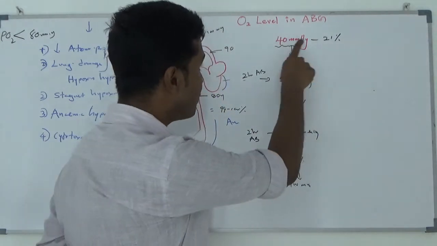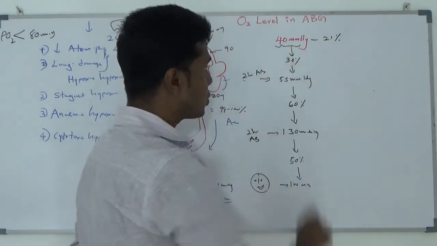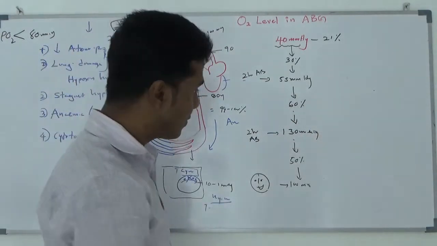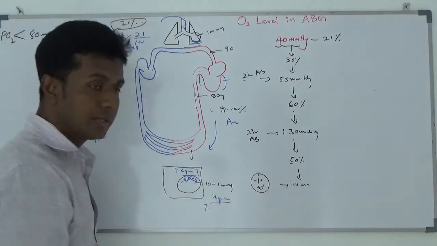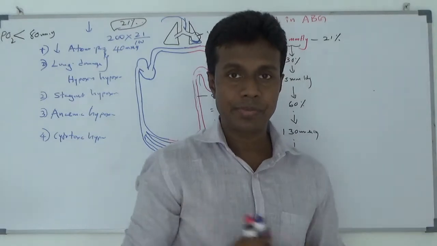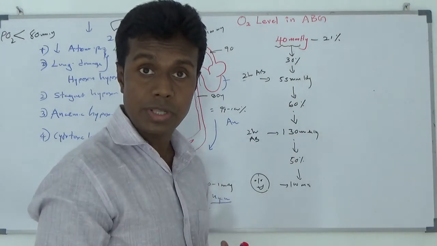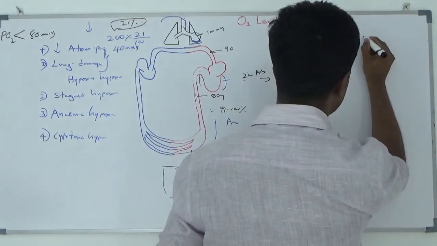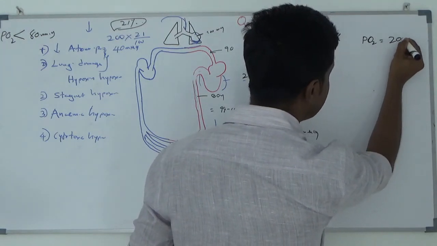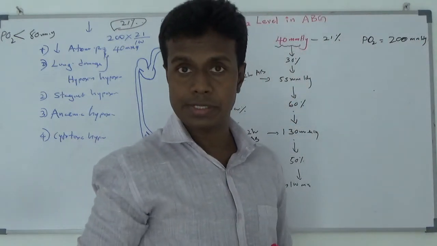What I did is, I found a partial pressure of 40 millimeter mercury with 21% in a critically ill patient. Increase to 30%, 55 millimeter mercury achieved. Increase to 60%, 130 millimeter achieved. Reduce to 50%, 100 achieved. Now I am very, very happy. The same thing can happen in critically ill ventilated patients. When we do the ABG, we can find a partial pressure of oxygen even 200 millimeter mercury. Some patients, you may have experienced this.